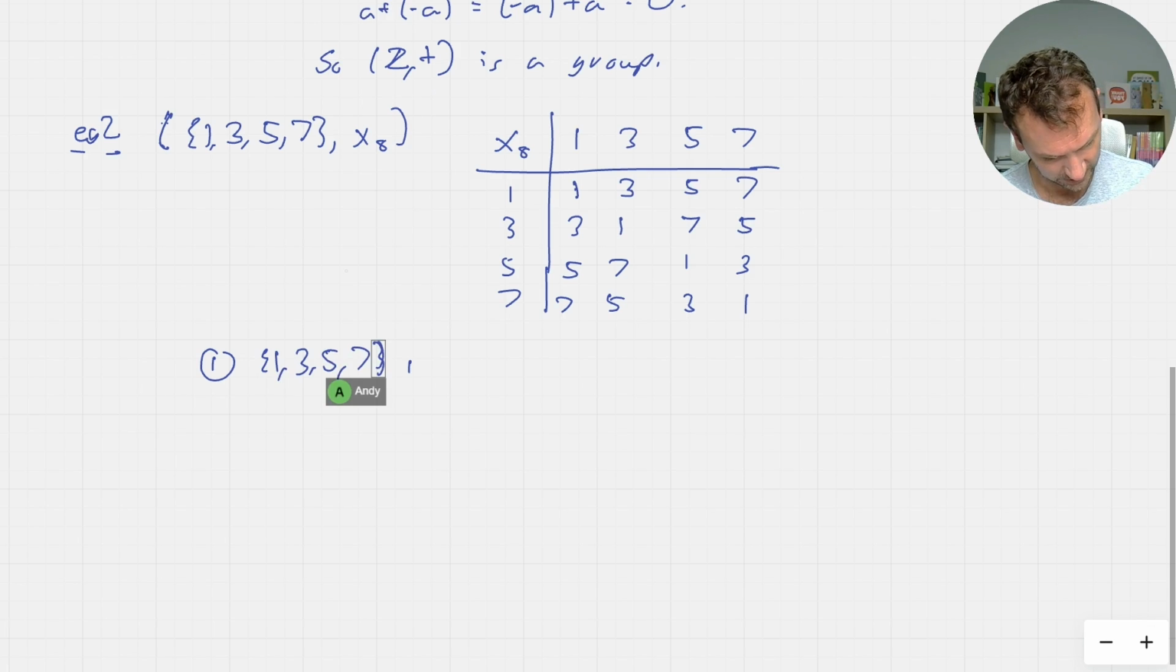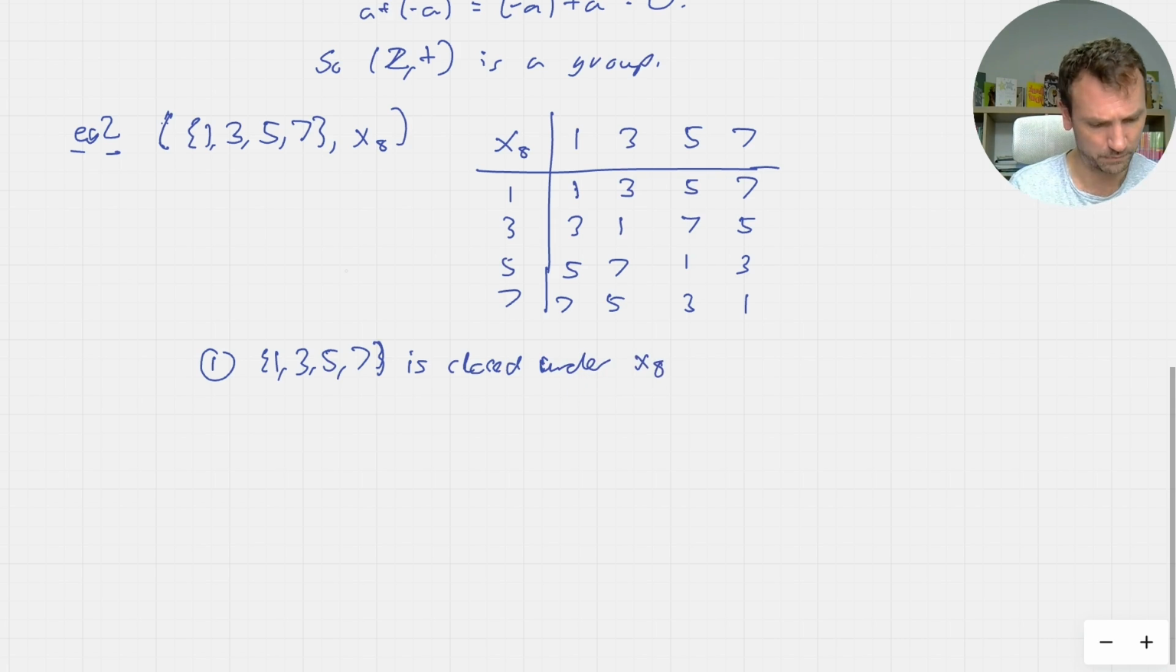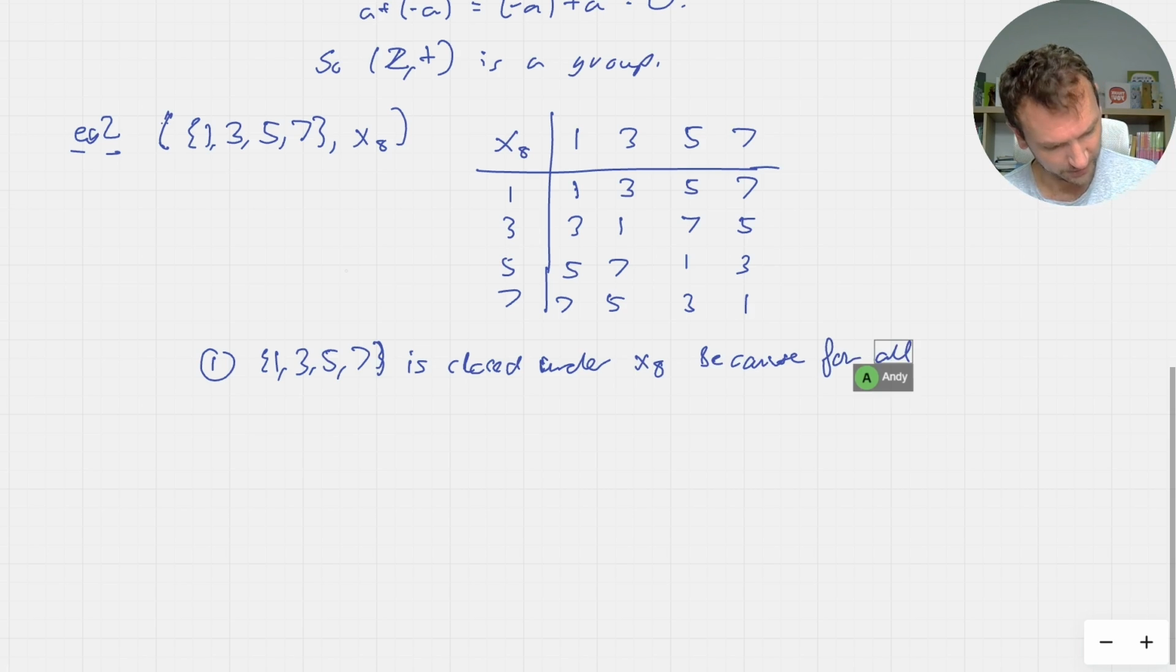Sorry, I should write it as a set. Is closed under multiplication modulo 8 here, because looking from our table, we can see that all the outputs are only 1, 3, 5, or 7. So as long as you've given your table, now you can just state for all A, B belonging to {1, 3, 5, 7},